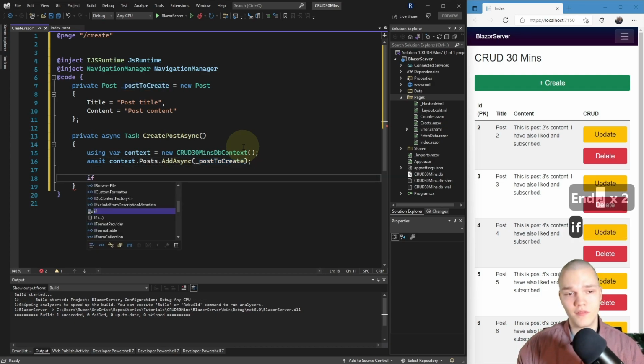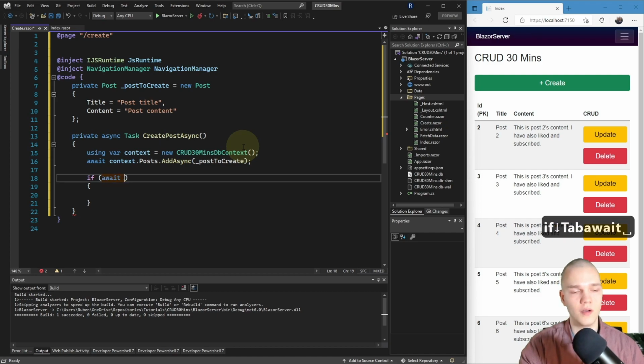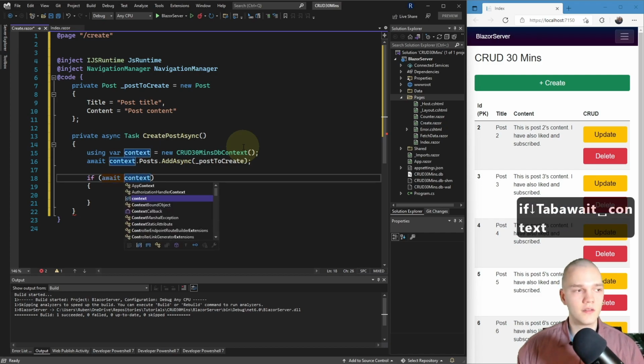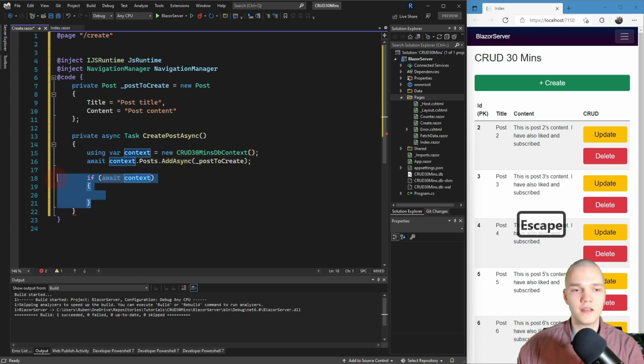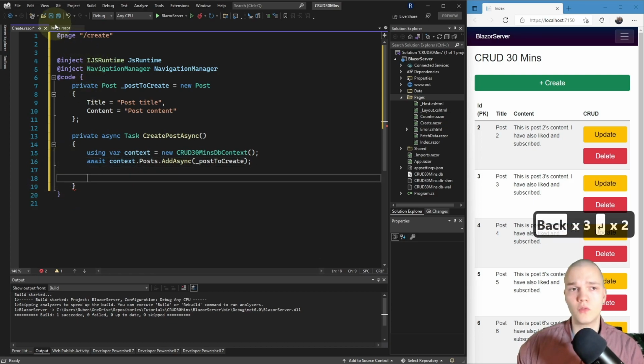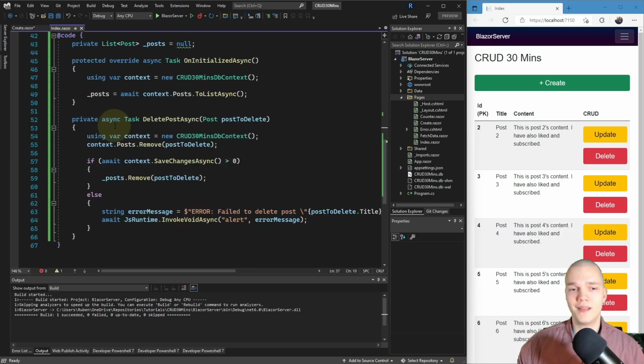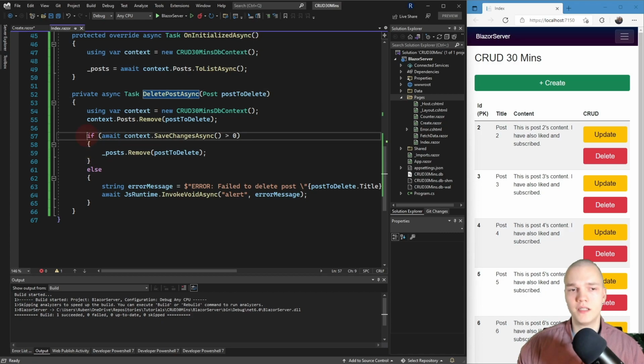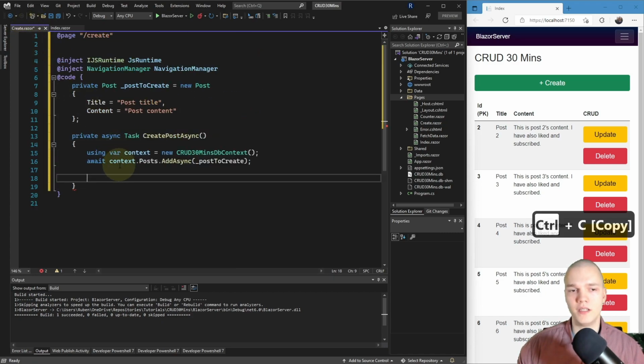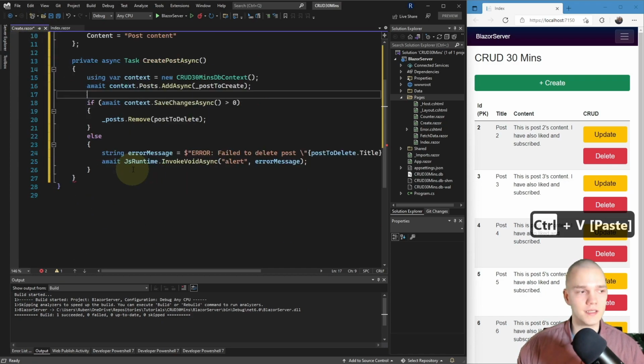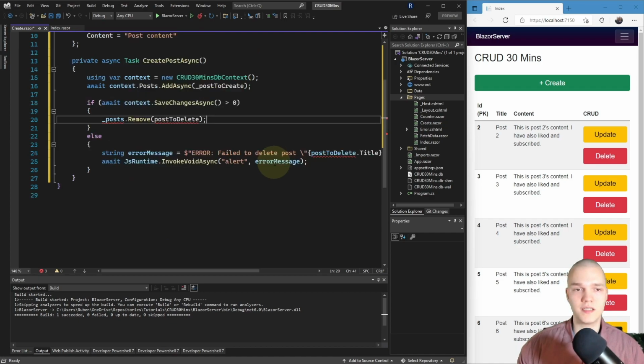And if the await context.SaveChangesAsync, but I'll actually copy and paste that from Index DeletePostAsync, because this is gonna be mostly the same.